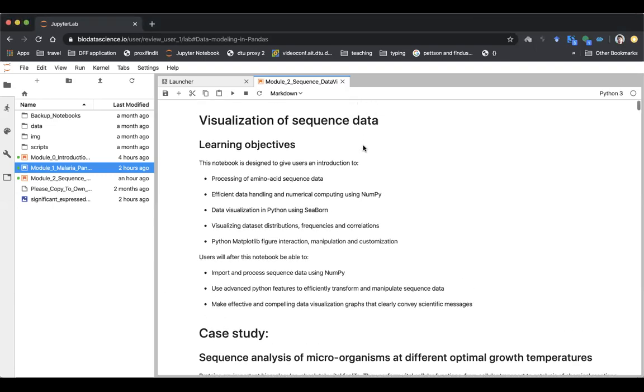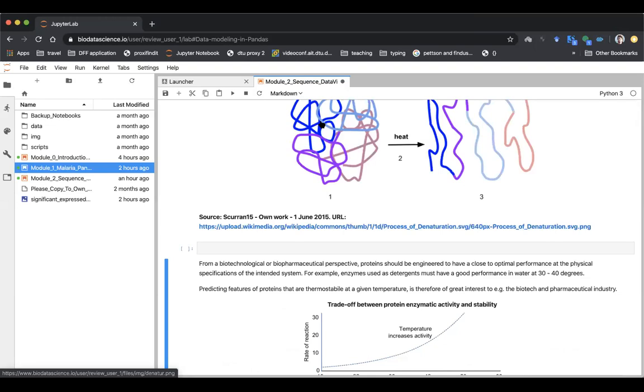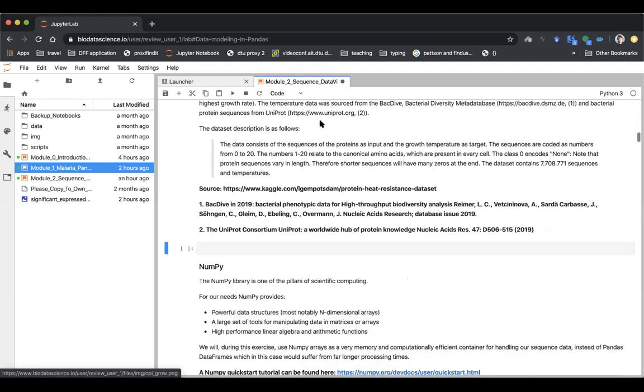So we already described the dataset. I will quickly go through the data. Just for sake of clarity, I'll quickly describe again the dataset. The dataset consists of protein sequences from different organisms that grow at different temperatures. And our goal here is to understand if there is any specific feature in the proteins from organisms that live at higher or lower temperature